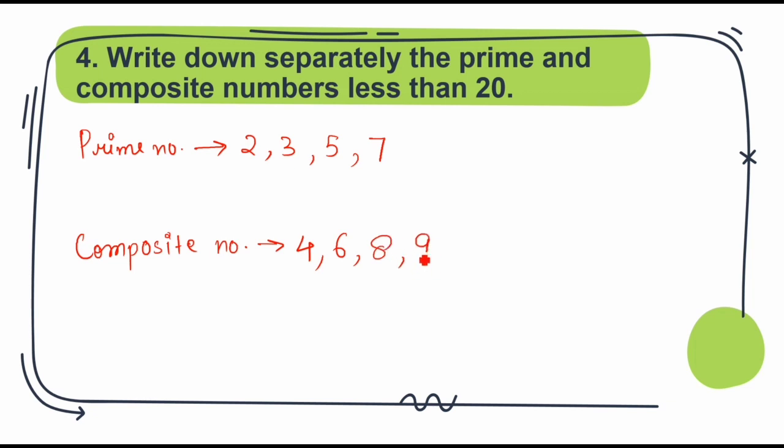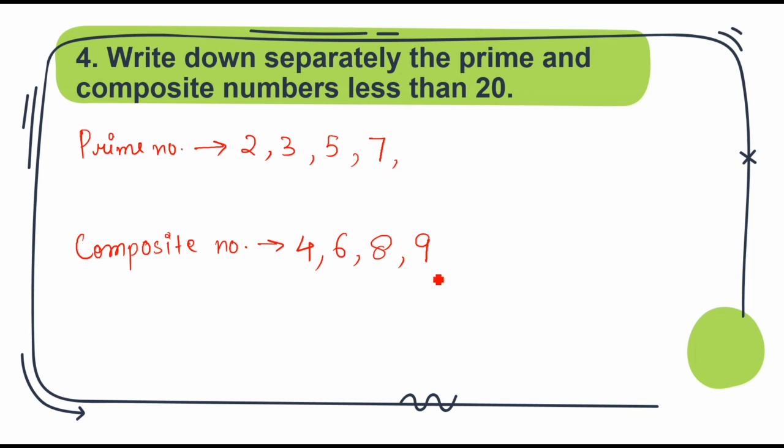9 composite number है. कई लोग ये सोच लेते हैं कि सारे ही odd numbers composite number. ऐसा true नहीं है. You have to check. You should be open minded while doing this type of question, because 9 भी है और 15 है, ऐसे कई सारे नंबर्स हैं जो कि composite numbers हैं और odd numbers भी हैं.